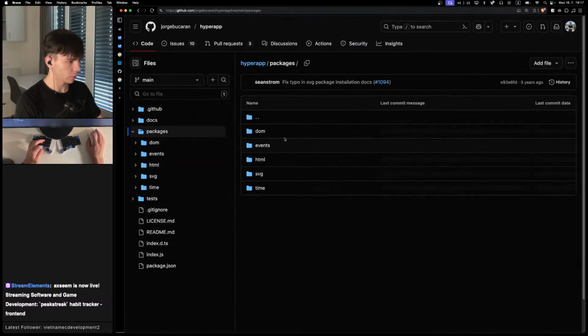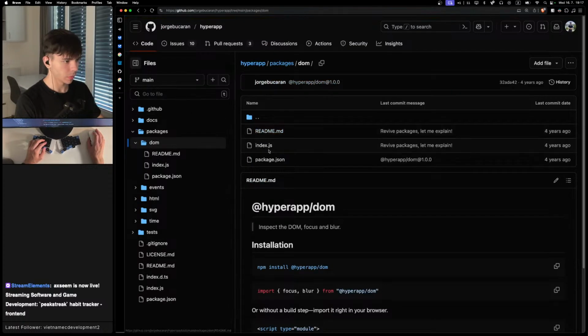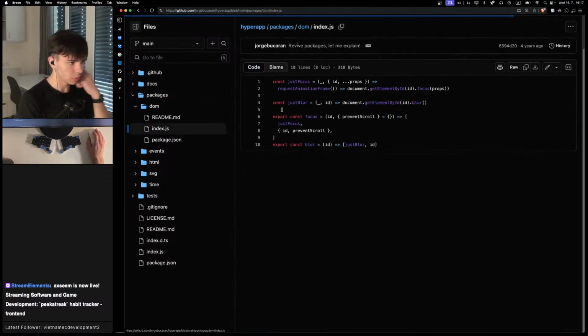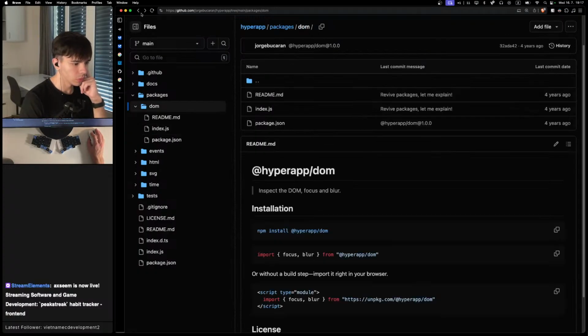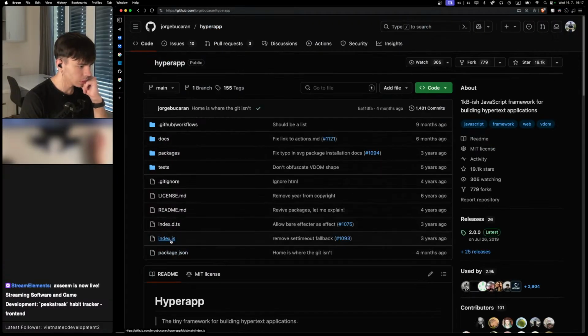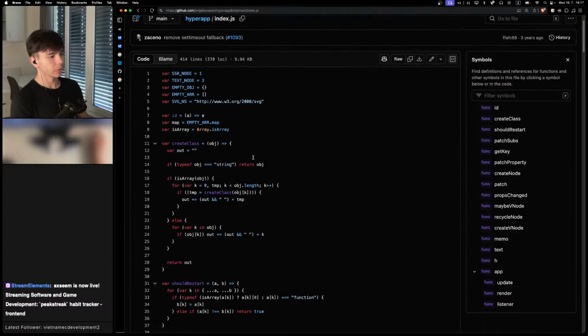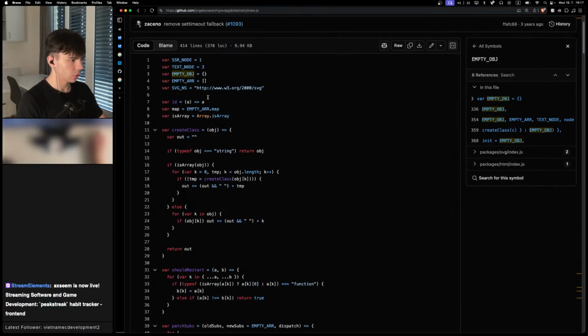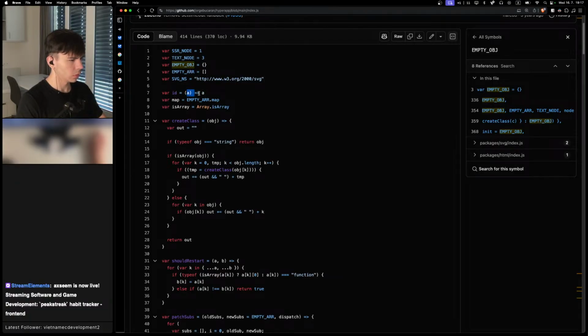Packages. DOM. Just blur, focus. Blur. Interesting. Index.js. SSR no text. Wait, what? ID A, return A. Am I missing something? What's the point of a function that returns the